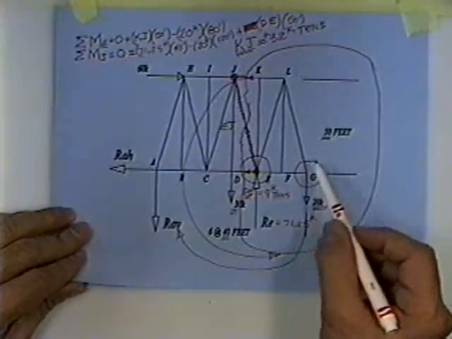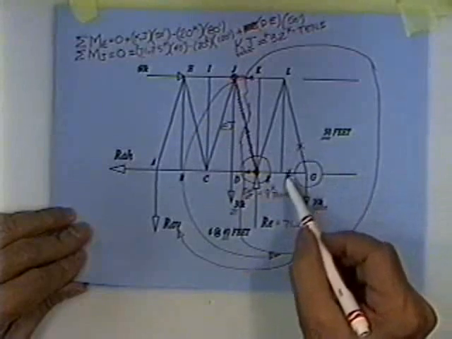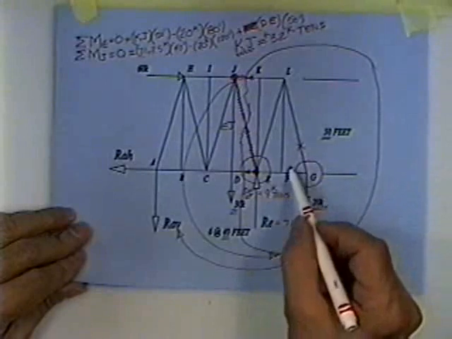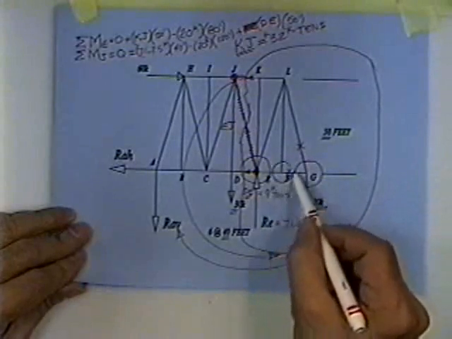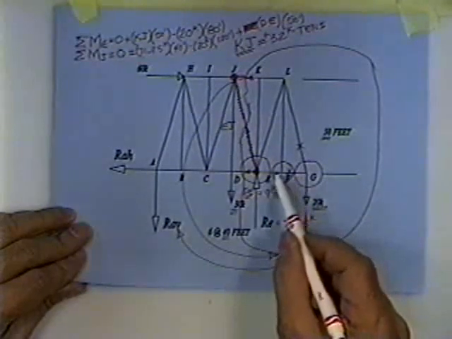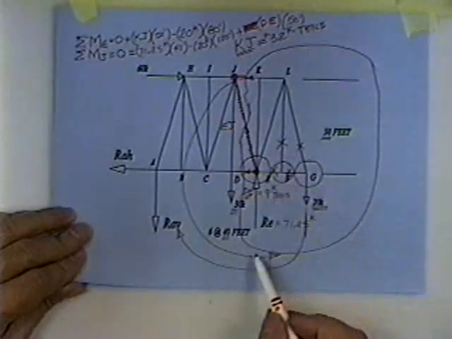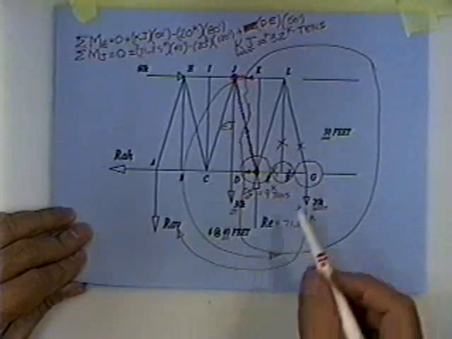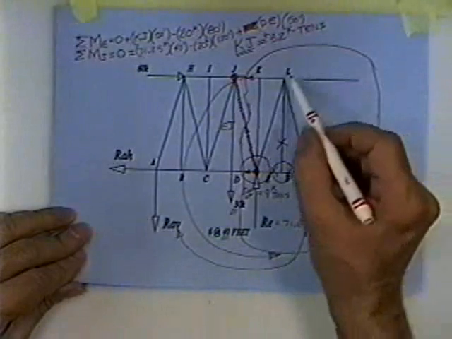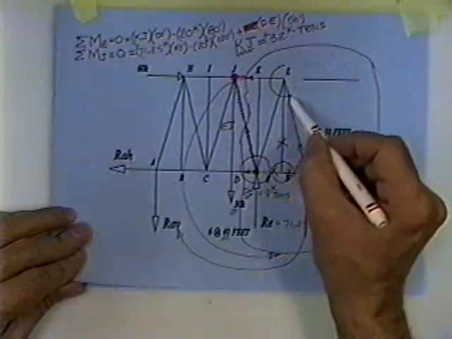Point G would be perfectly acceptable, and if you're careful, you get the right answer for this member and the right answer for this member. Of course, if you make a little mistake, one of those will be wrong. You could then go to joint F and cut it out. Knowing the answer in this member right here, FG, you could then solve for the member force here and the member force here. If you're careful, you'll even get them right. Knowing this force, and you see what's happening, don't you? I've already made 2 or 3 mistakes you guys have found, so I don't have a lot of chance of getting there with no mistakes,